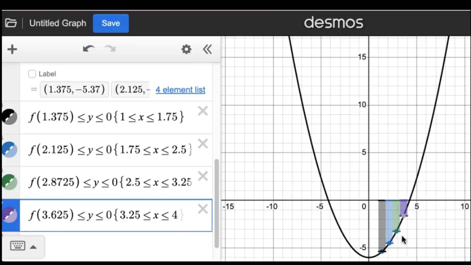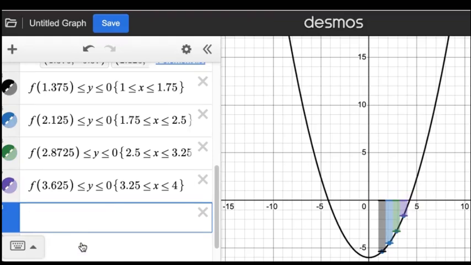Now you're saying, well, why did you create that table with the i's? Well, it turns out each one of these rectangles has a base of 0.75. So we have 0.75 times the first height. That'll give you that area. 0.75 times the second, 0.75 times the third, 0.75 times the fourth. Well, it turns out you could factor out the 0.75. And so what we could do is we could just say 0.75, and then we're going to do it times